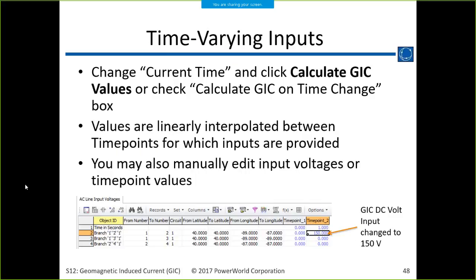Is there a NERC standard event somehow defined? Yes. Seems like there should be one, right? Yes, there is. We'll talk about that a little bit later. It's based on the Quebec 1989 storm, and it's scaled approximately by a factor of 4, because that was what was determined by space weather researchers to be a 100-year event. Of course, that's open for debate. They don't all agree. There's just not enough data points to say what's a 100 year. So it involves extrapolation based on what we do know and what we think the curve might be.